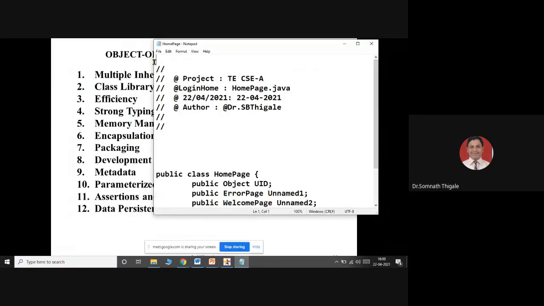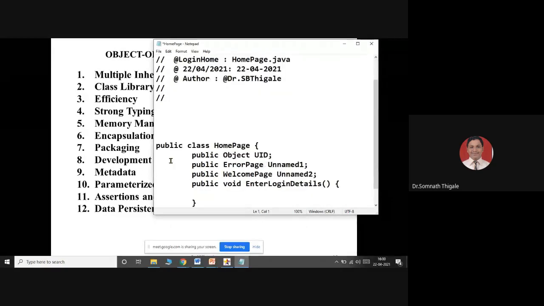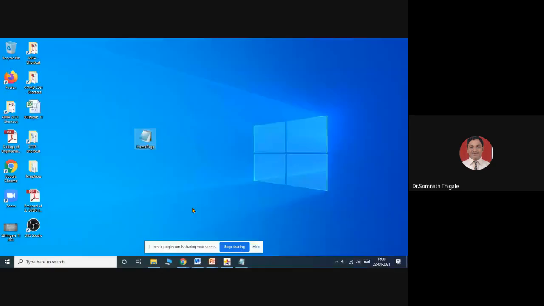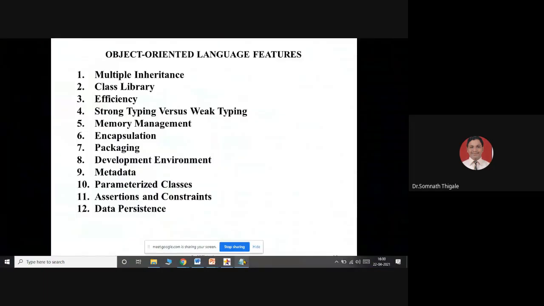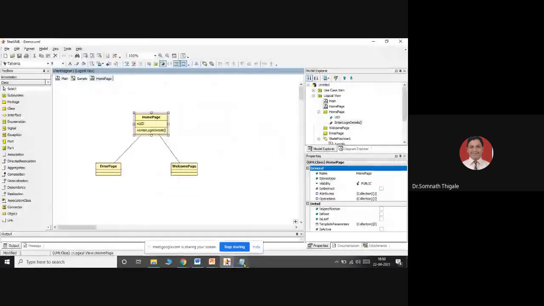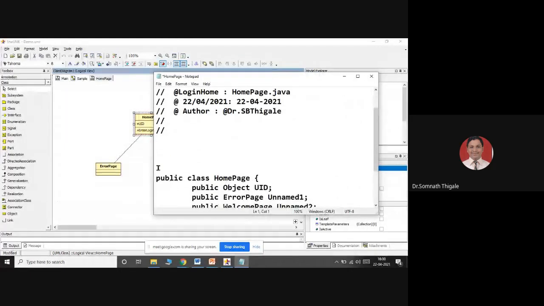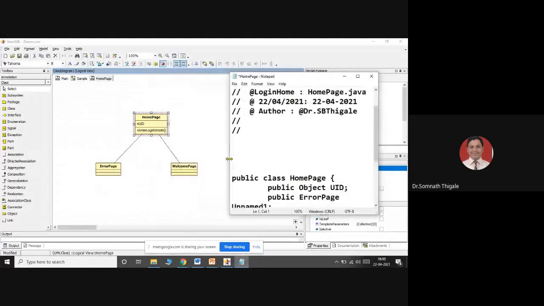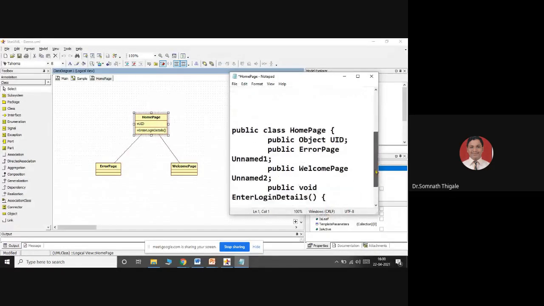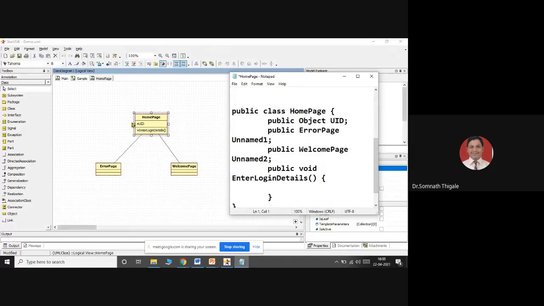These are just a simple help line. See, project by default is coming. Homepage.java, the class name I have given, date and author name is also there. See here, you can see now. I have generated code for home page.